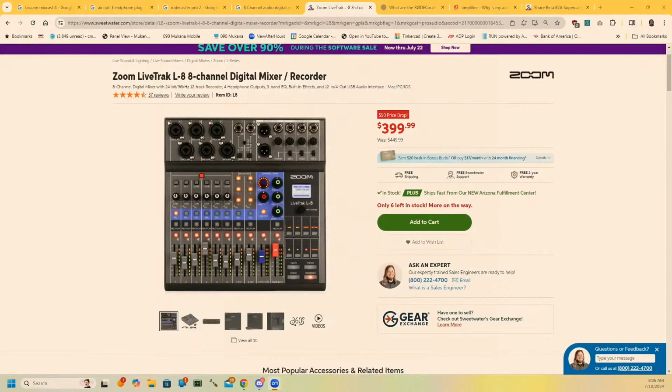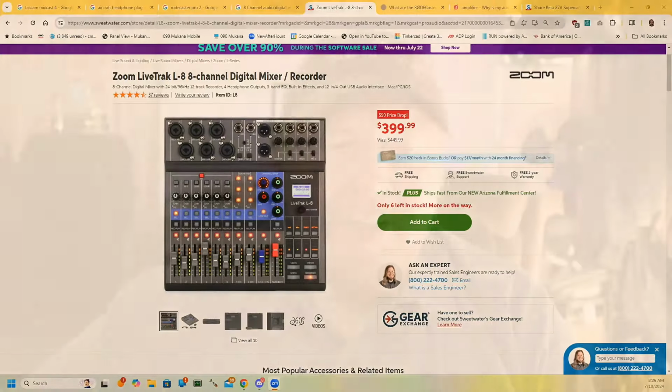Great, Courtney. And it really depends on your budget. You can go Chris's way and spend $12,000, $13,000 on an 8-input digital mixer that has flying faders and Eve or something. Yeah. Or if you have the resources, I so recommend it, as Ferris Bueller would say. But if you're like me and you can't afford that, there's something like the Zoom L8 8-track digital mixer. It also has a recorder built in. This is under $400, and